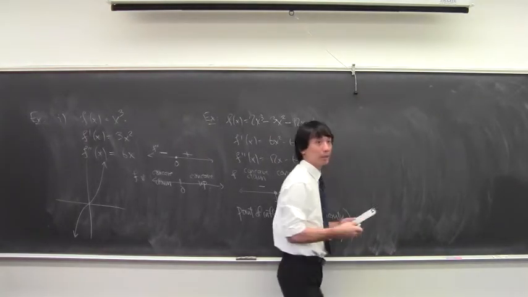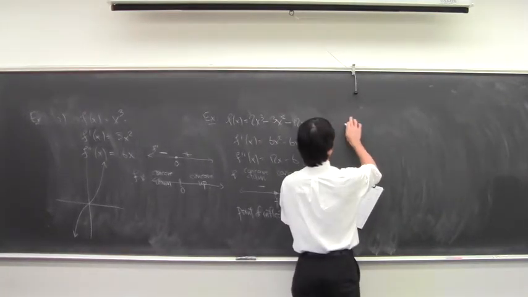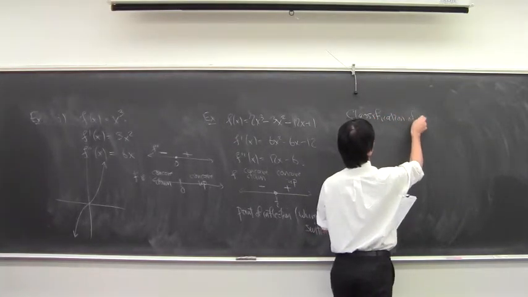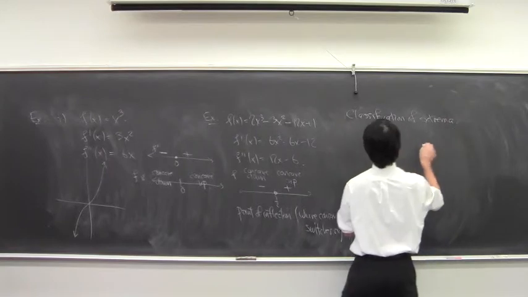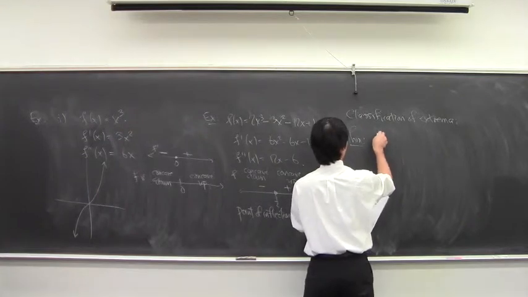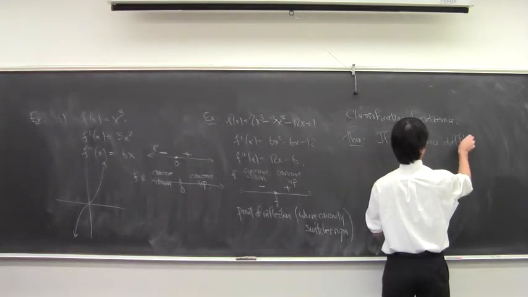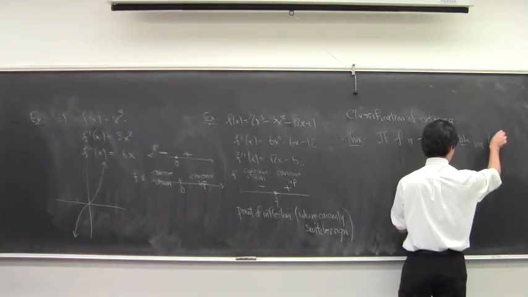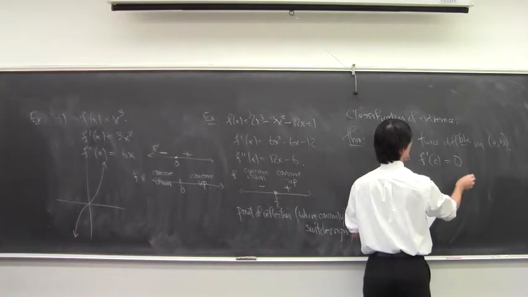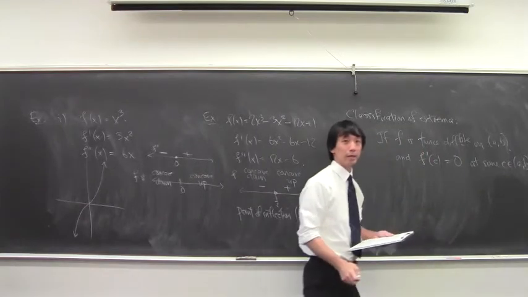Okay. So the second derivative has a really nice application to the classification of extrema. There's a theorem that says the following: if f is twice differentiable on (a, b), and you have a critical point in there,